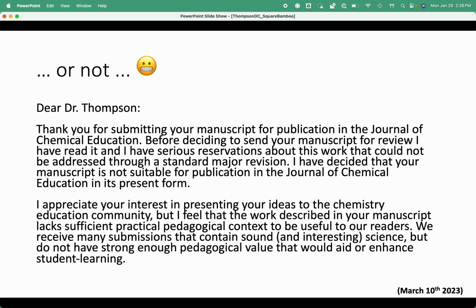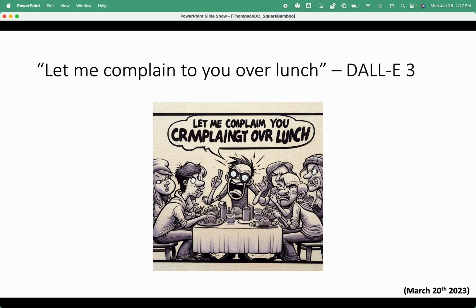Now, unfortunately, her sentiment wasn't shared by the editor of the journal, who summarily rejected it before even sending it out to reviewers, and called out specifically, quote, "the lack of significant or rather sufficient pedagogical context to be useful to the readers of the journal," end quote. Now, getting rejected is no fun, but usually when you've had a moment to relax, maybe a drink or two, a nice walk, run, etc., the veracity of the comments and the feedback begin to ring true.